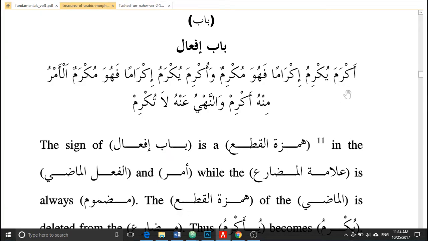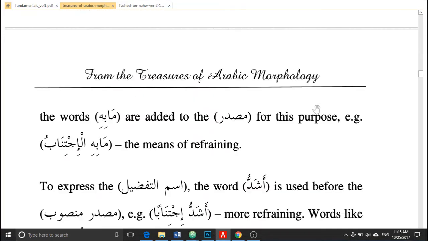So at least you remember the past tense, future tense, and the masdar. So akrama yukrimu ikraman. Say it 100 times. So you have to memorize at least akrama yukrimu ikraman. And inshallah, in the later lessons, in the future, I will tell you which are the if'al. So at least you memorize akrama yukrimu ikraman. And how to make the maf'ul and fa'il, I'll put that too,